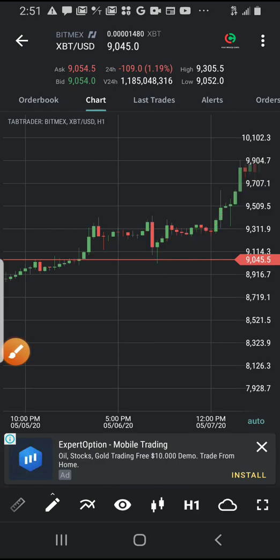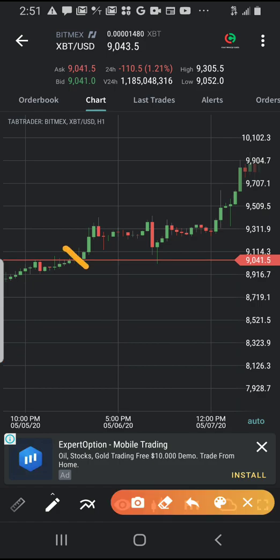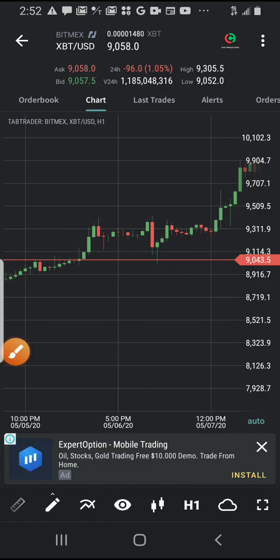So two things happened here: a retest to the previous breakout. Remember, this 9,091 was a resistance before we broke out here, and we retested it, and we said in our support and resistance video that once a resistance is broken, the previous resistance becomes a support. Once a resistance is broken, the previous resistance becomes a support. So at this point, this becomes our support. That is why we had a retest and bounce back,